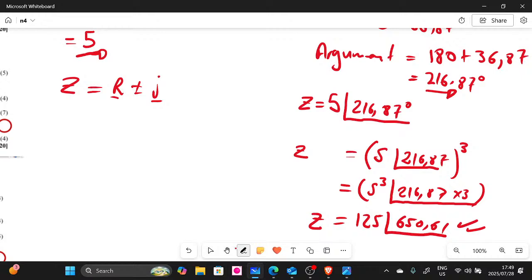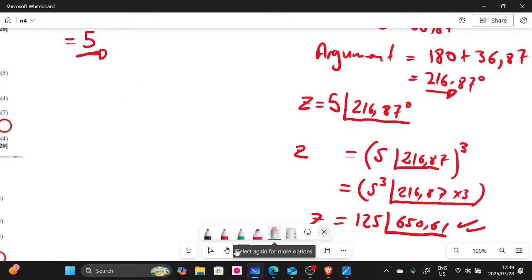There is a formula, guys, that you need to apply. I hope you guys know about this formula. It is straightforward. This formula is another notation for polar form. It goes like this: Z is equal to,